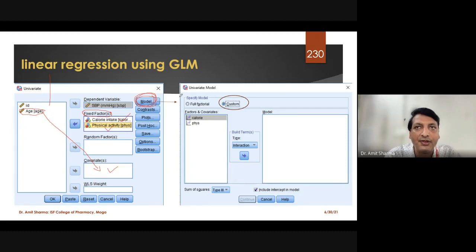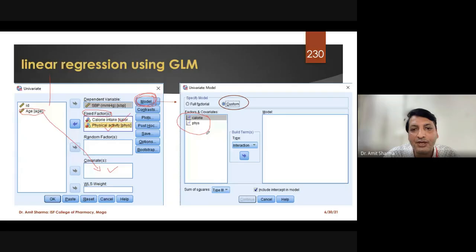That means you want to keep physical activity as the main independent variable, and you don't want to give that much priority to calorie intake, for example. I want to say ranking: out of these two variables you have to decide which variable is more important in your project. So you can say that physical activity is more important as compared to calorie intake. But here you may want to keep both as equivalent.